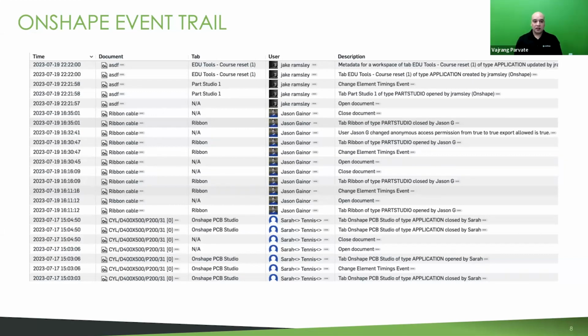Onshape's enterprise tier, our highest paid tier, makes this data available to end users in an easy to consume form of charts and dashboards as a feature called Enterprise Analytics. This is actually also included in our enterprise education tier that we have. And then this is available to the administrators of the enterprise accounts as raw data in CSV format. So you can post-process this in Tableau, in R, in Python, your analysis tool of choice. So there's a lot more you can do with this data in this raw format.